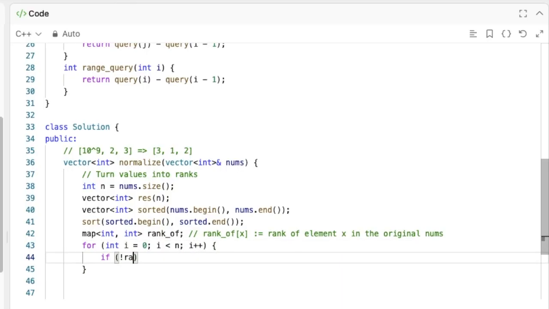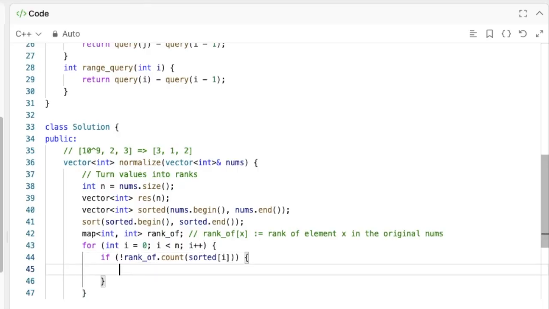So we only want to consider that if there's no rank for this value yet. So it means that if there are repeating elements in this sorted array, we just take the first one, because it doesn't make sense for the same element to have different ranks. So we just need to +1, because